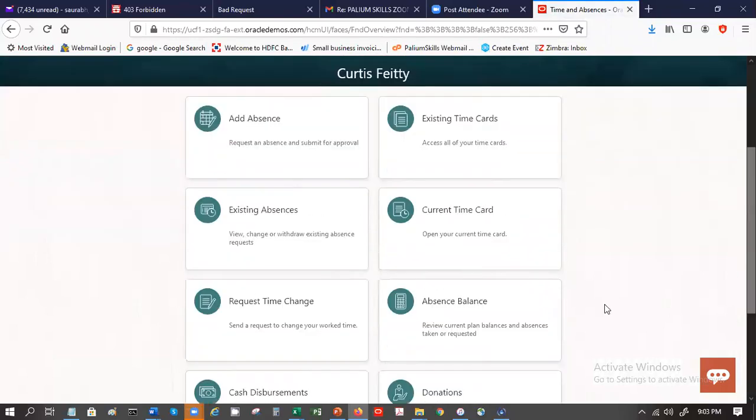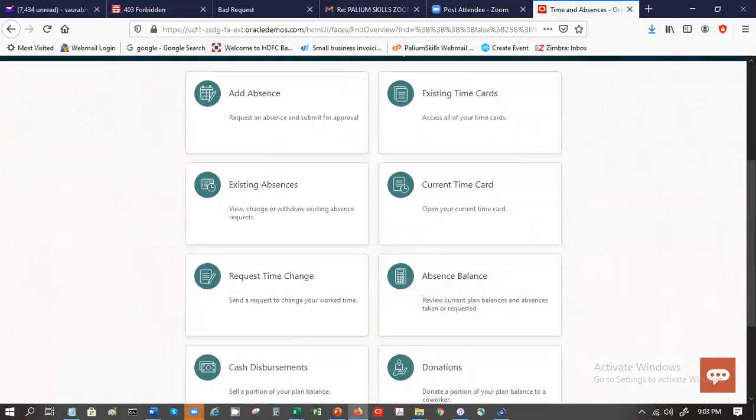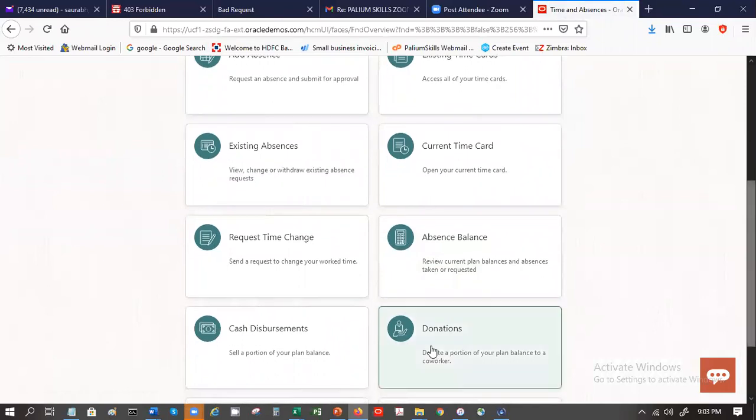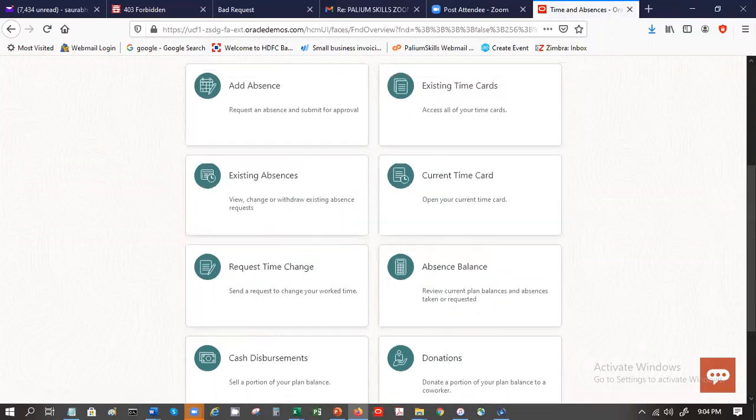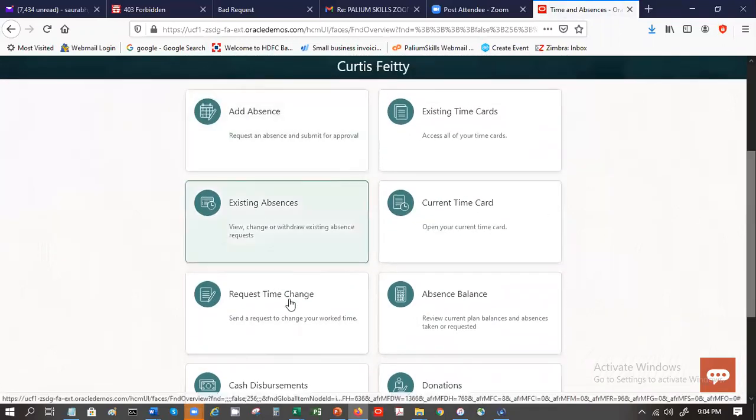So see, there is an absence balance, donations when you want to donate your absences, any existing absences you want to look at, add a new absence.